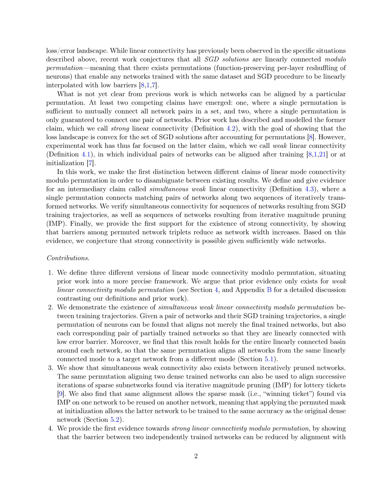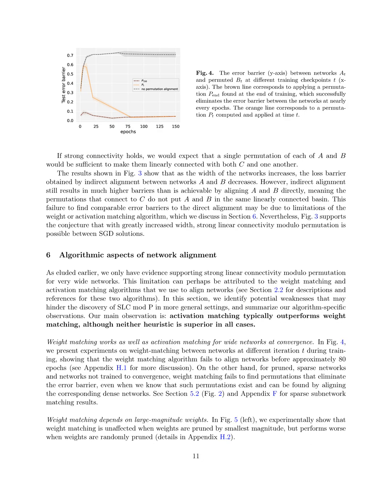The algorithms are applied after training to find a single permutation that essentially eliminates the error barrier between networks, indicating linear connectivity modulo permutation. The paper also discusses the limitations and potential weaknesses of weight matching and activation matching algorithms in discovering strong linear connectivity modulo permutation in more